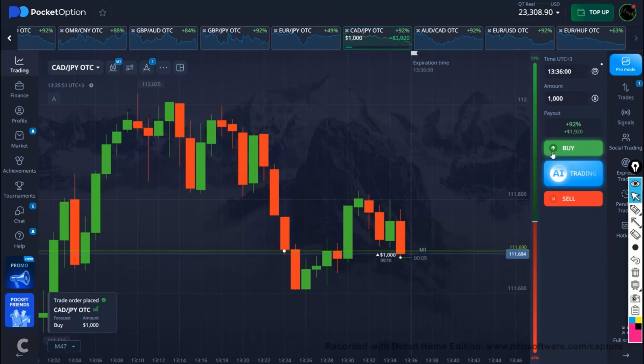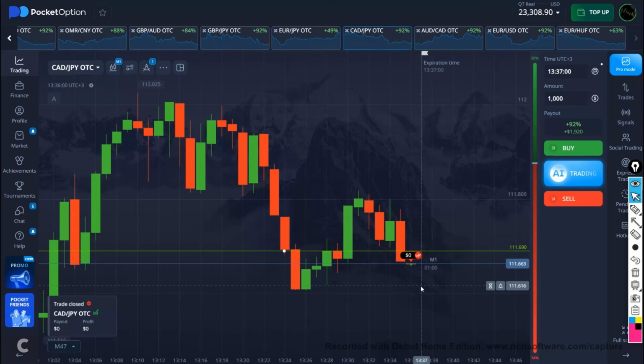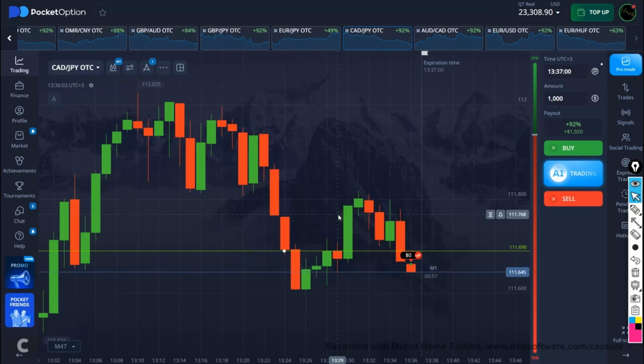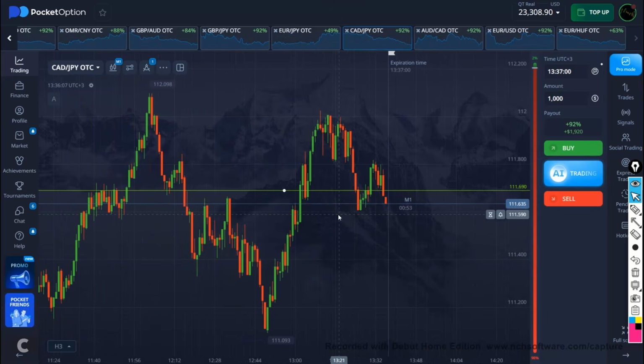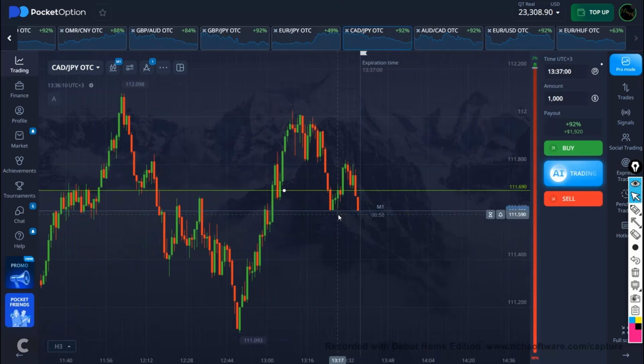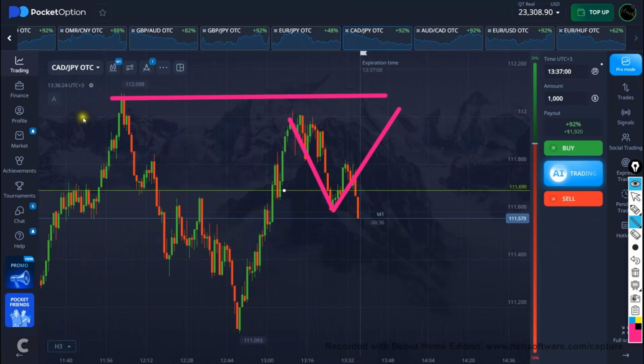Okay, so I just took a trade with the buyers right here, exactly on my demand area. So, okay, looks like it's going to be a losing trade. Okay, no problem, that happens. So this was a losing trade, and I thought that, okay, let me show you what I was thinking. So I thought that this was a retracement so that the market keeps on going up, but I forgot to check this